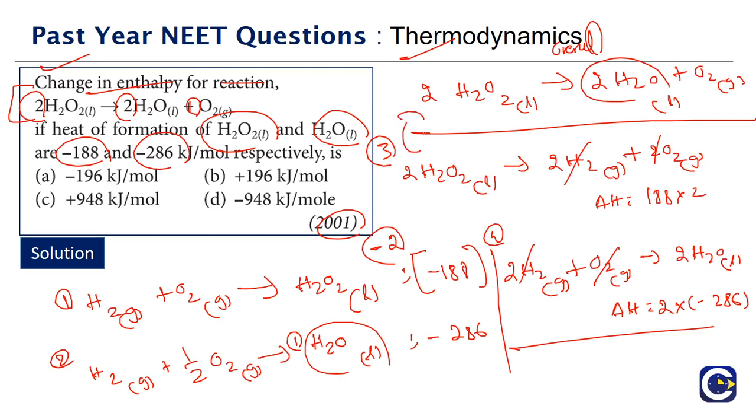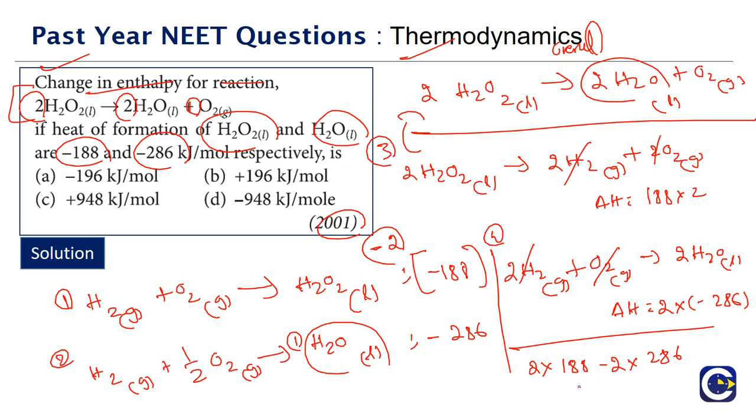What we are going to get, look at this, we will be getting simply 2H2O2 gives rise to 2H2O plus O2. So what is the overall enthalpy change? It will be 2 into 188 minus 2 into 286. So what is it? 2 into 188 minus 2 into